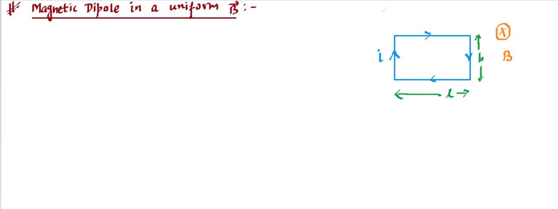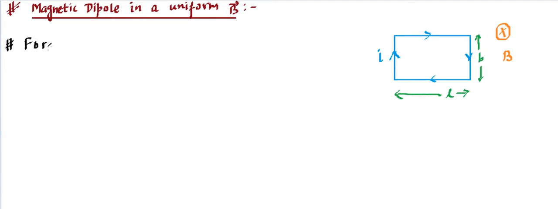So first, we need to know what the effects on this are. First effect, we can think of what force is going to act. Now questions will be like, if this current carrying loop is placed in this magnetic field, what happens to this loop? Whether it moves, and if it is moving, what is the acceleration; whether it rotates, and if it is rotating, what is the angular acceleration; whether it stores energy, and if it does, what is the potential energy or energy stored. All those things we need to talk about. That means we are basically talking about the mechanics of this part. So the first thing that we will be focusing on is force.